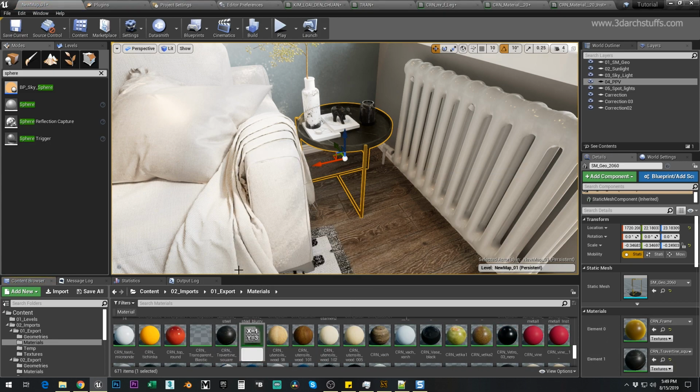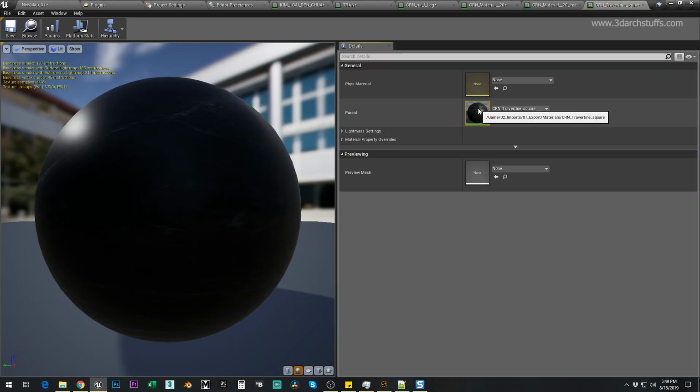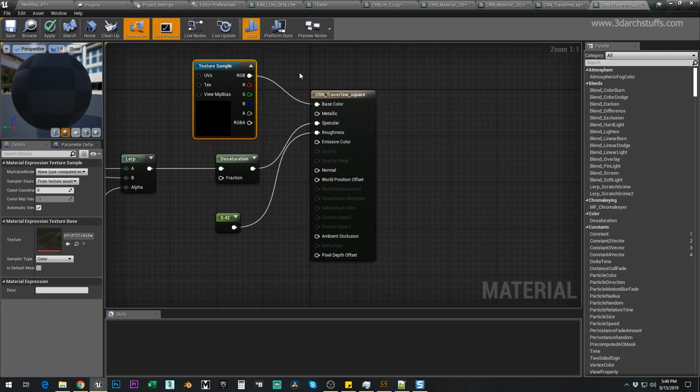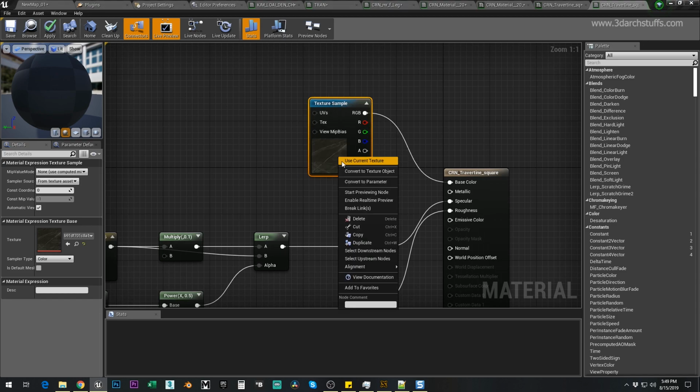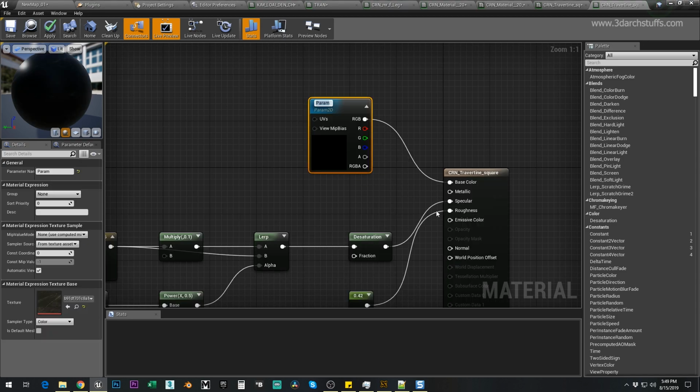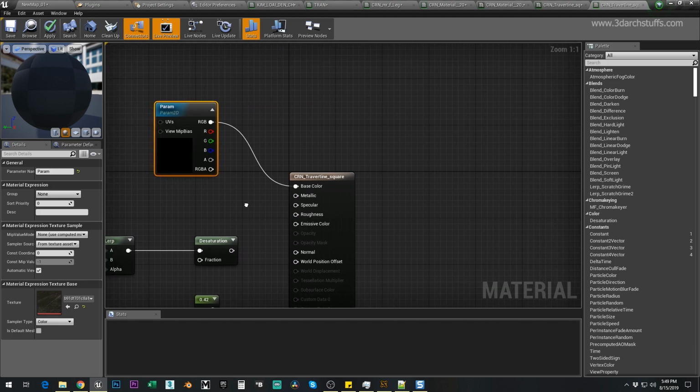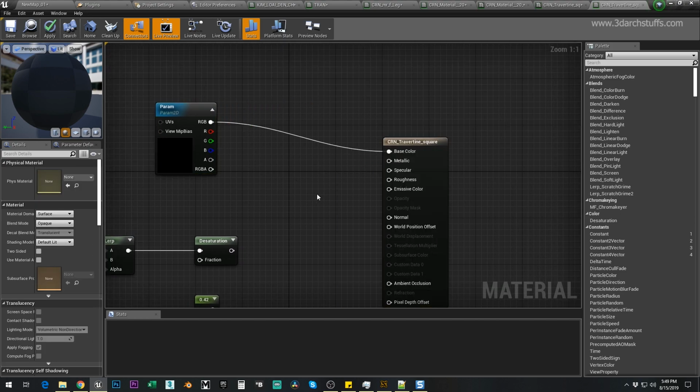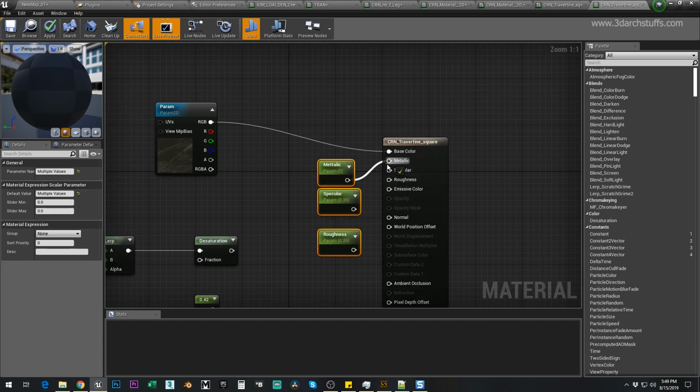Right click, convert to instance, apply, open, and then we can just go ahead and create parameters, apply, Control V, metallic, specular, roughness, apply,